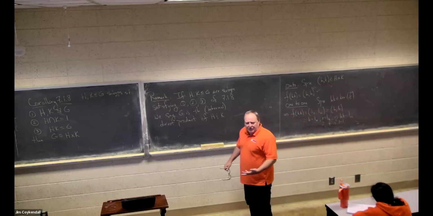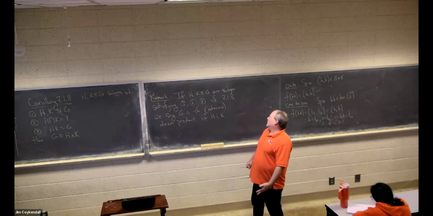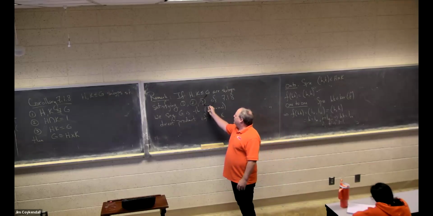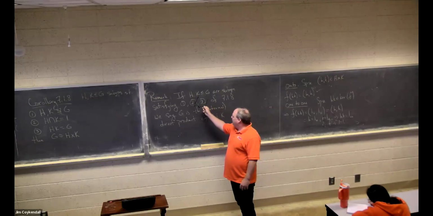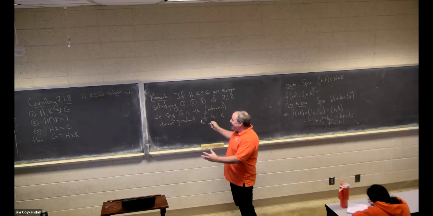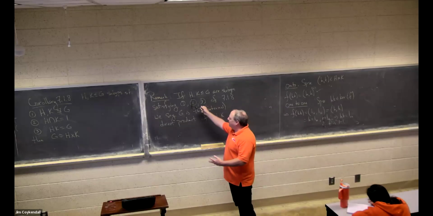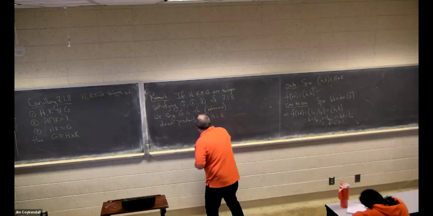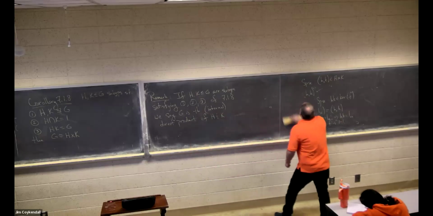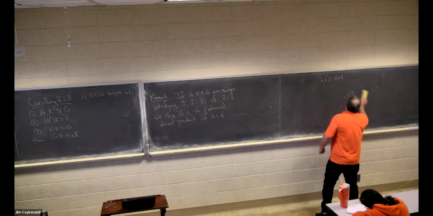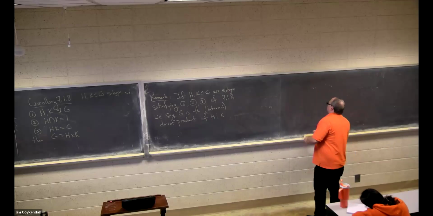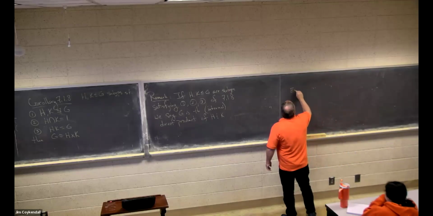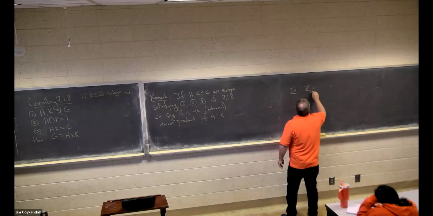This one they call sometimes internal, and I don't think the distinction is really huge, but this one they call internal because you started with your group G and you found subgroups that satisfy these conditions. It's like, hey, I could realize G as the direct product of those two subgroups. And an easy example, I think, is, and we talked about this last time,